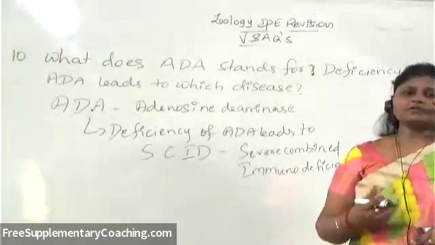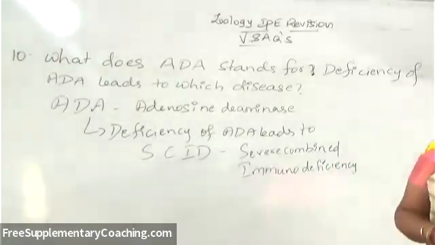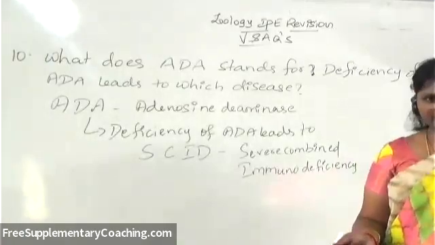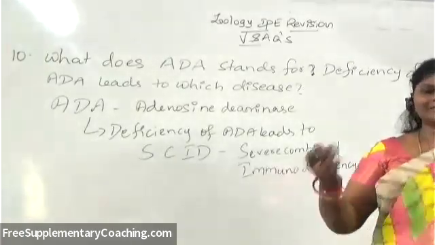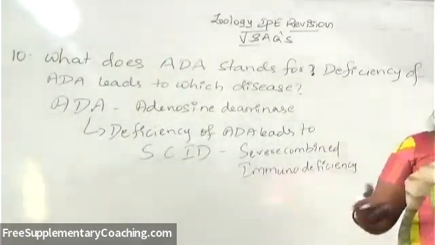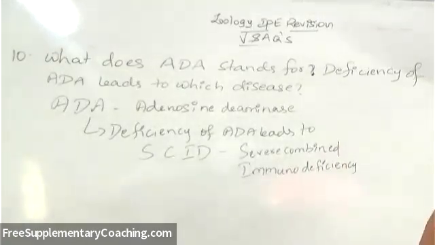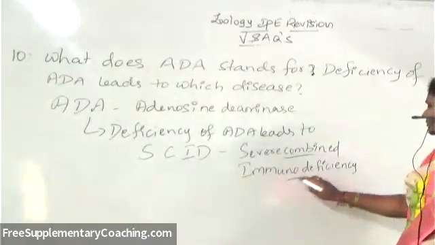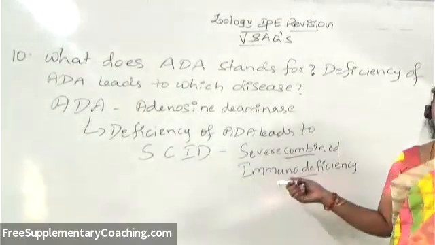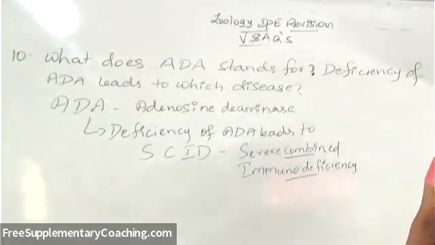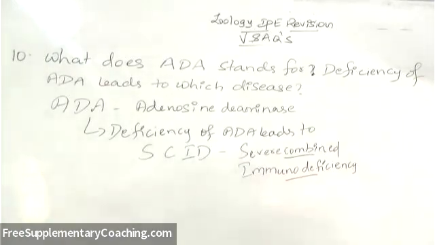You know that whenever our immunity gets lowered, what happens? We will become opportunistic vehicles. Our body will be welcoming all the antigens, all the foreign agents, into our body. So that's why it is called what? Severe combined immunodeficiency. Such people will have very low levels of immunity, so that they will get any kind of infection very easily. So that is the meaning.